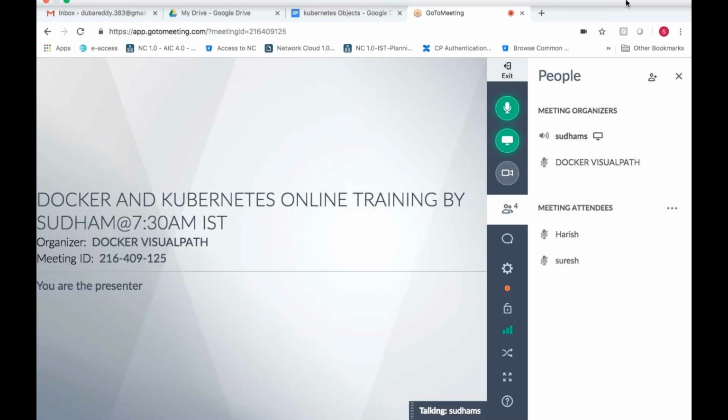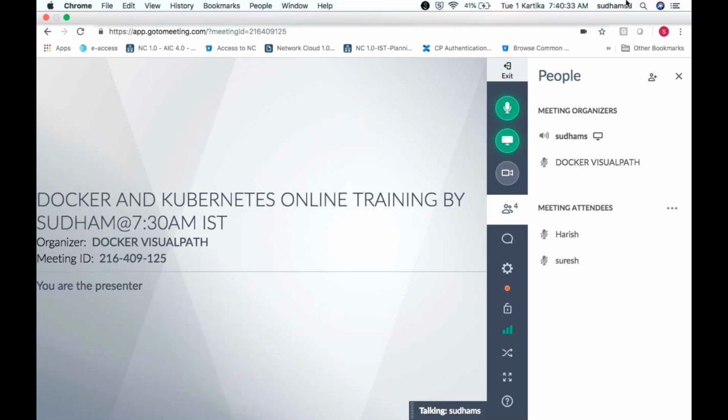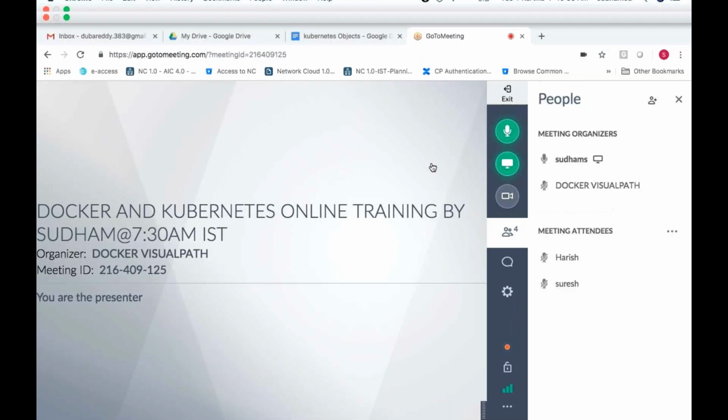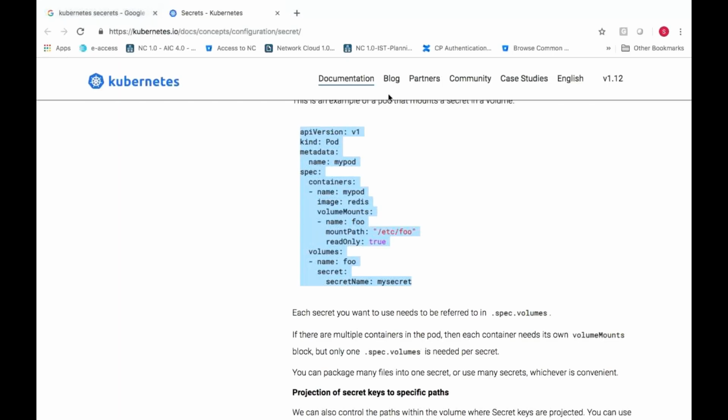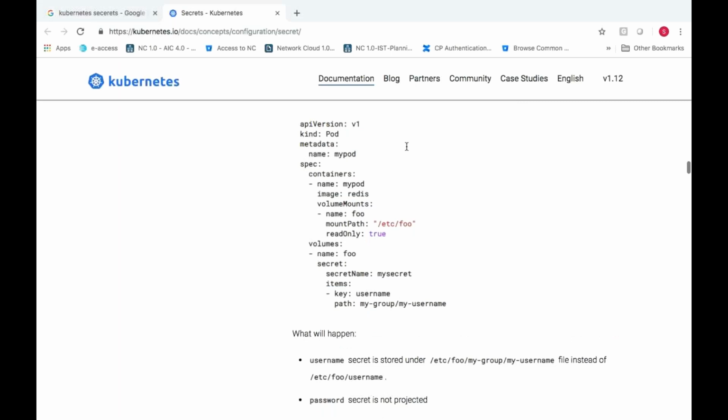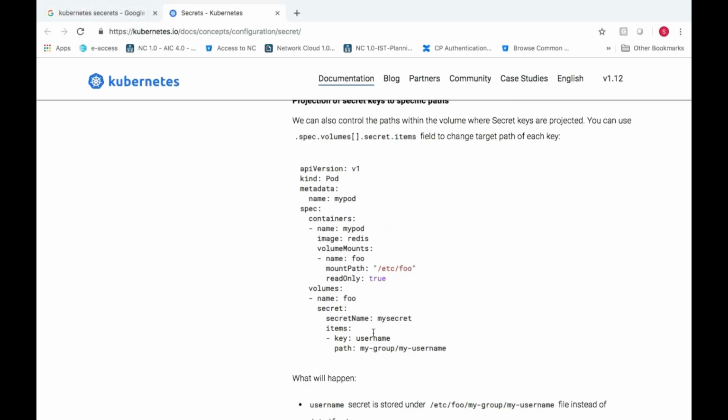No? Okay. So now let's see how to use this secret and pass these values to your environment variables. See, this example tells you how to use a particular value.